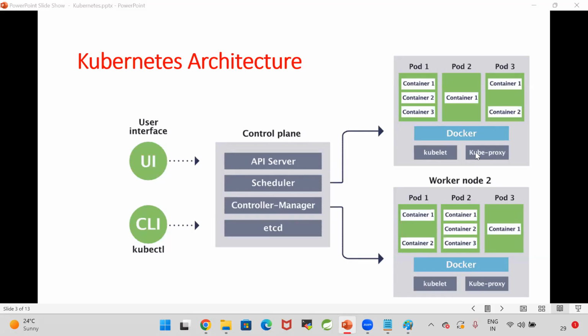Okay, guys. Kube proxy. What is kube proxy? Kube proxy will provide the network communication to connect the control plane to the worker node. So the worker node should connect with the control plane, and the control plane should connect with the worker node. For that, network is required. Worker node 1 means one machine, worker node 2 means another machine, control plane means another machine. These are 3 machines available. These 3 machines should be connected, right? They should communicate. For that, network is required. That network will be provided by kube proxy. You got my point?